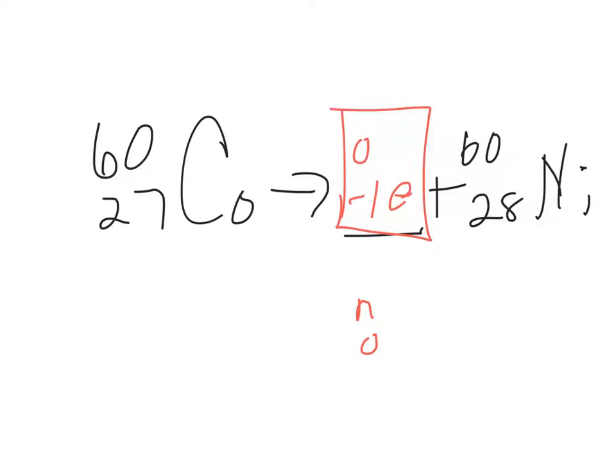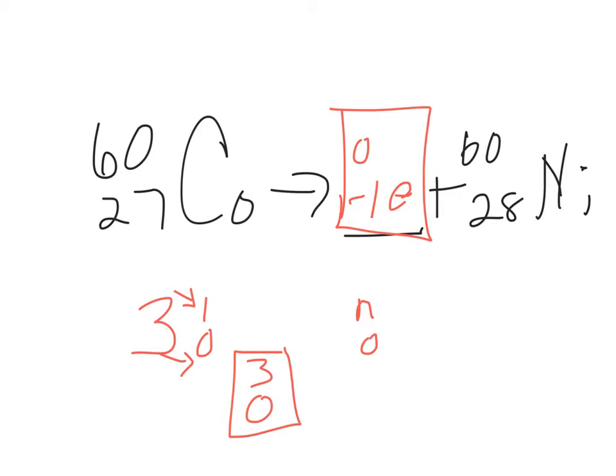Now guys, sometimes you might have something with a coefficient. Like let's say you have 1 over 0 with a 3. This means you're going to multiply just like you would with a coefficient. So 3 times 1 is what? 3. And 3 times 0? Is 0. And this is actually what you'd be working with on that equation. Something like that is going to happen on letter E. All right, let's go ahead and